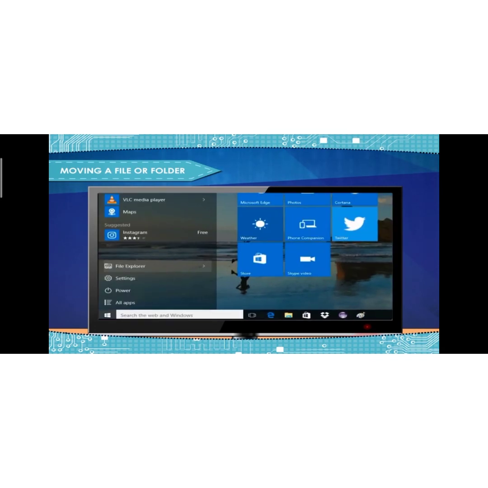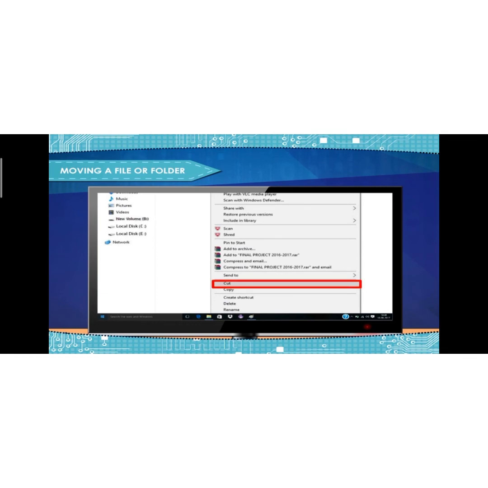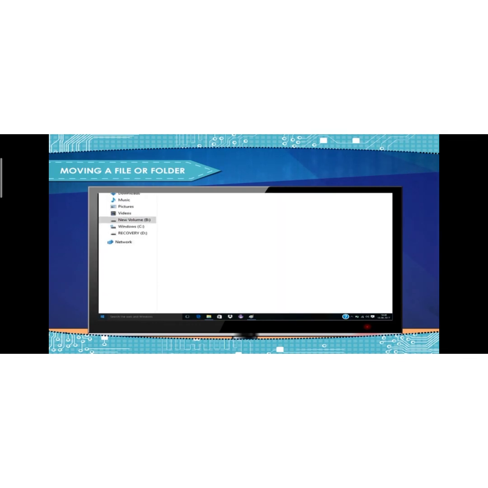Open File Explorer and select the file or folder that you want to move. Right click with the mouse and select the Cut option from the right click menu. Go to the disk and folder where you want to keep the shifted file or folder.